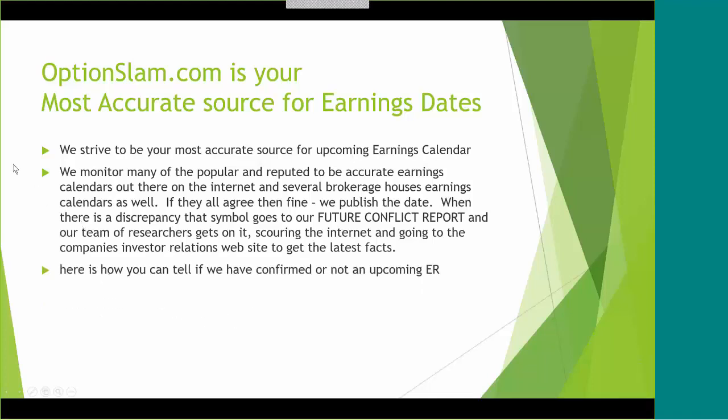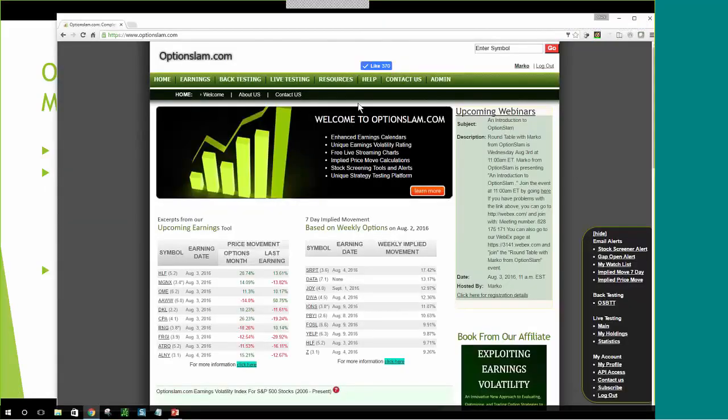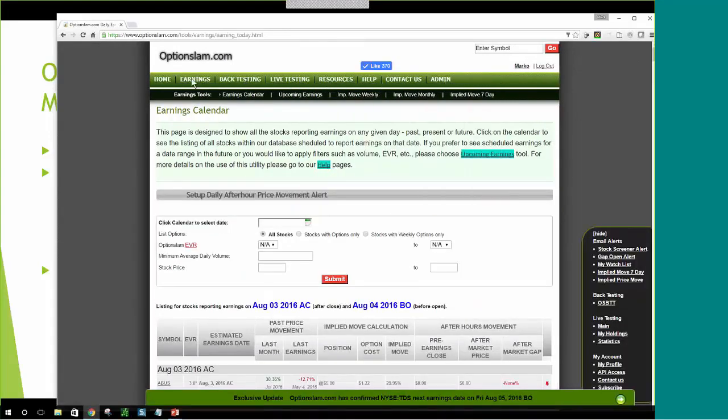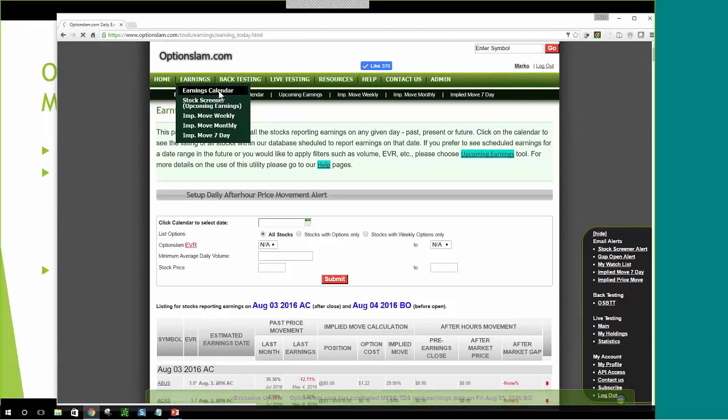So let's see, I'll just show you. If we go to this website, here's the earnings calendar. The website is organized just across the top. Of course, you've got these tabs, and if you hover your mouse over the top, you get the drop down and can go to various pages throughout the website. So if we go to the earnings calendar,